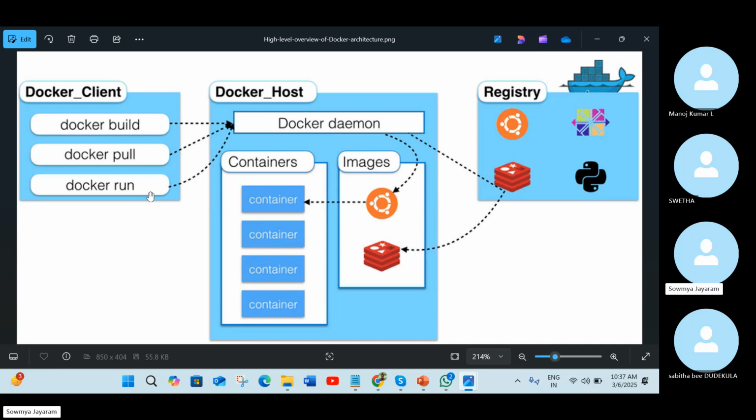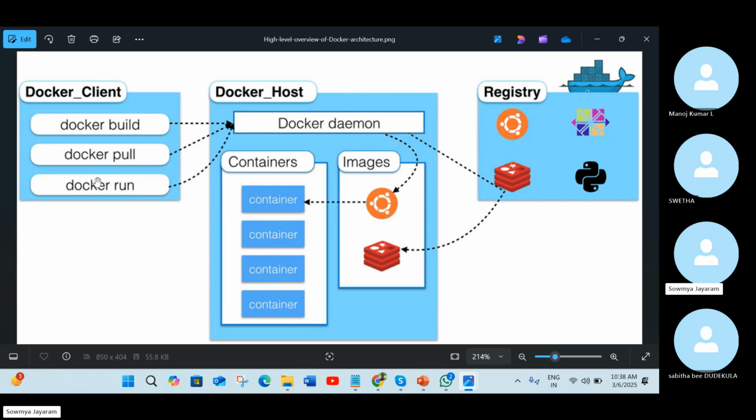See, if I'm going to pull an image, and the image is not here, the images will be in a public registry. So the pull command goes to the Docker daemon, and the Docker daemon goes to the registry and takes the image. That image is stored inside your remote, and then it delivers whatever image you want. So this is how we use the CLI from local to remote to the public registry.